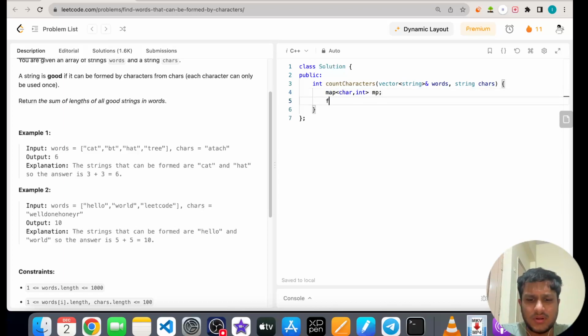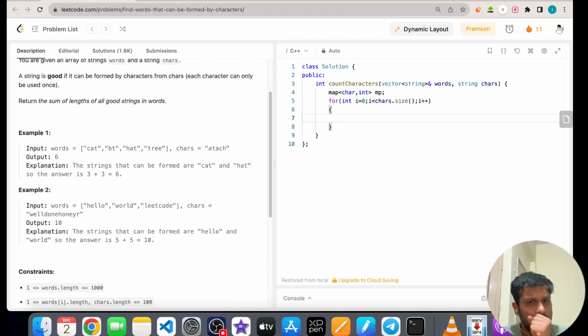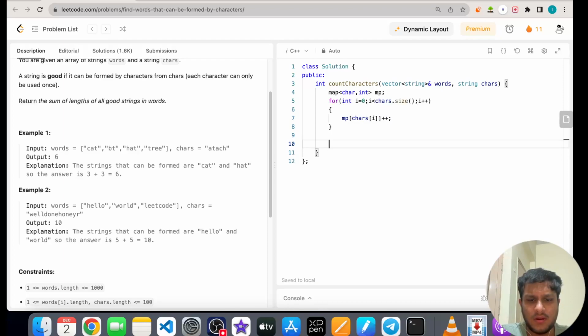Map: for int i equals 0, i is less than chars dot size, i plus plus, map of chars of i plus plus. Okay, now our answer would be initialized to 0, and now we'll go to each word.